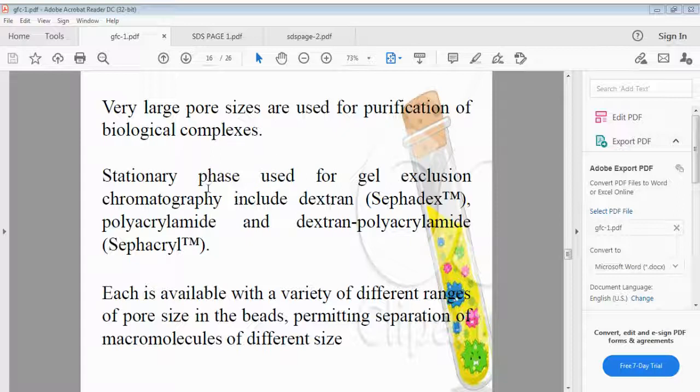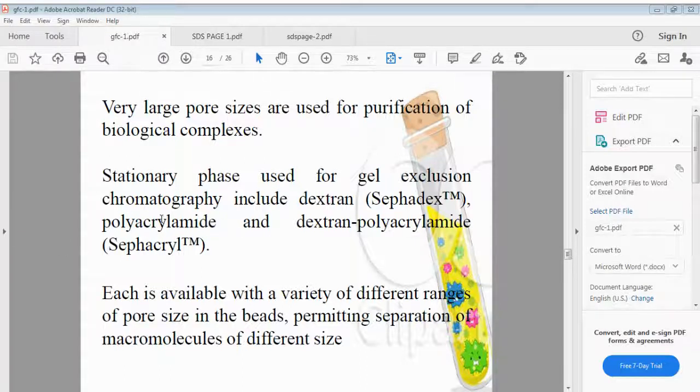Now, what is the stationary phase used here in gel filtration chromatography? It is called dextran. We have seen it in the previous class. Dextran is a carbohydrate. An example of a very good dextran is Sephadex. This is one kind of stationary phase used. What is it? Dextran. Example is Sephadex. It is a carbohydrate. Then you have